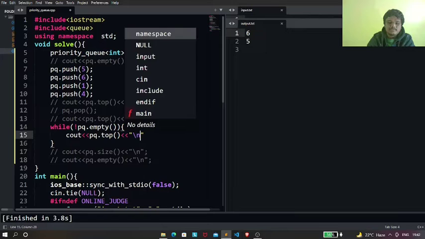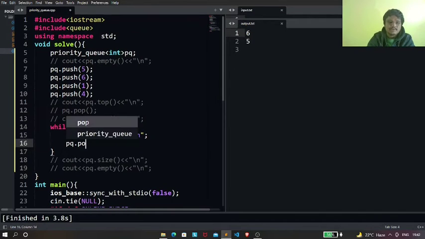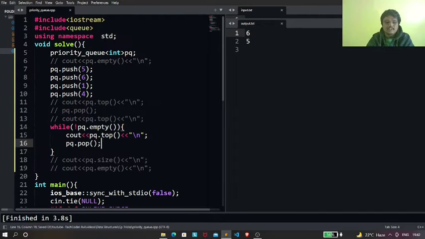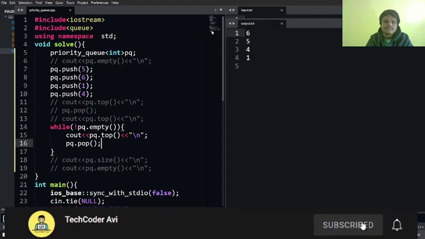Let me just give a new line to it, and let me just pop the element and save it, and let me just run this code. Now we'll find that we have got 6, 5, 4 and 1 because we have pushed 5, 6, 1 and 4, right? And it has printed me in descending order, right? Because over here we can see that